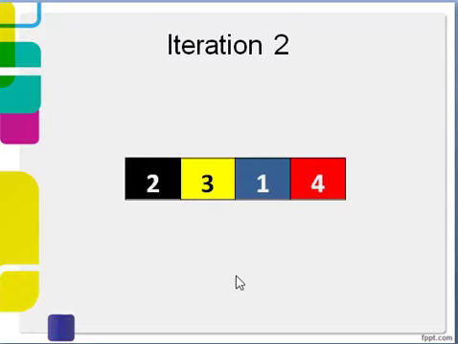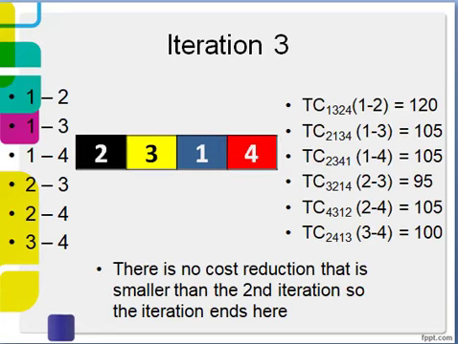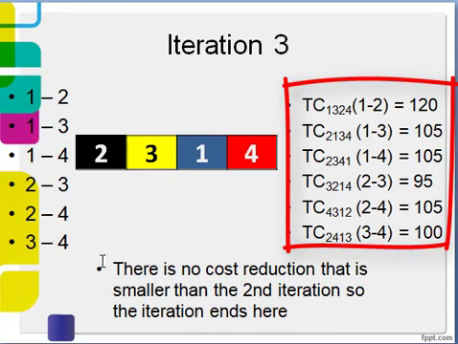We have a new layout for the second iteration in here, which is 2314. Now, repeat the similar process, like recalculating the total distance matrix and also multiplying the matrix of the unit load with the travel distance. And within this alternative, there are no cost reductions. There is no number which is smaller than in the second iteration, so we can assume that the iteration ends